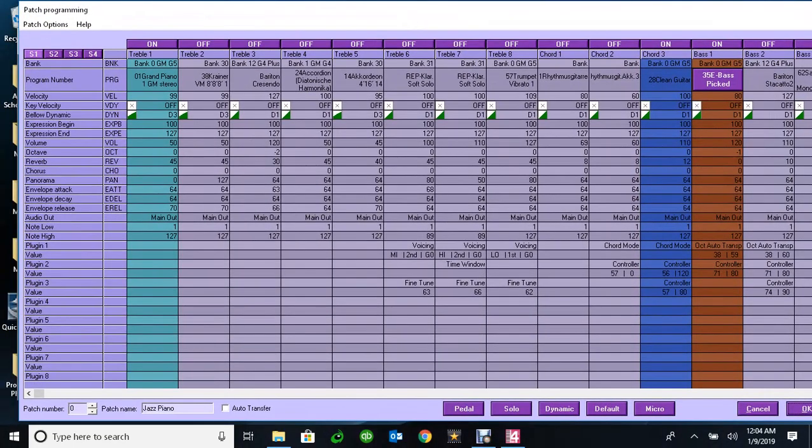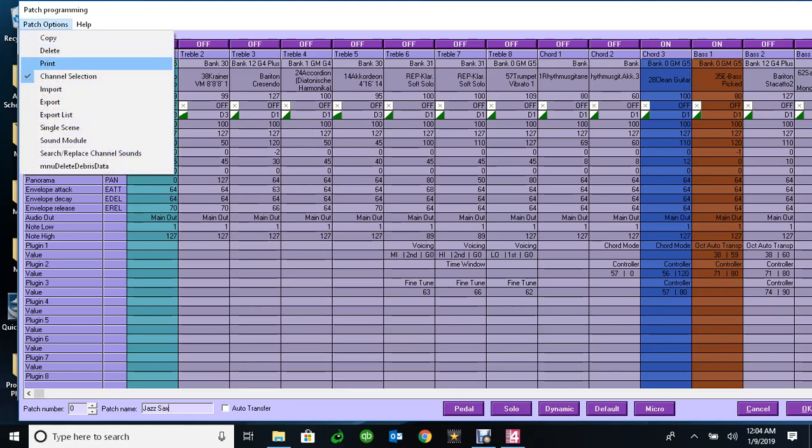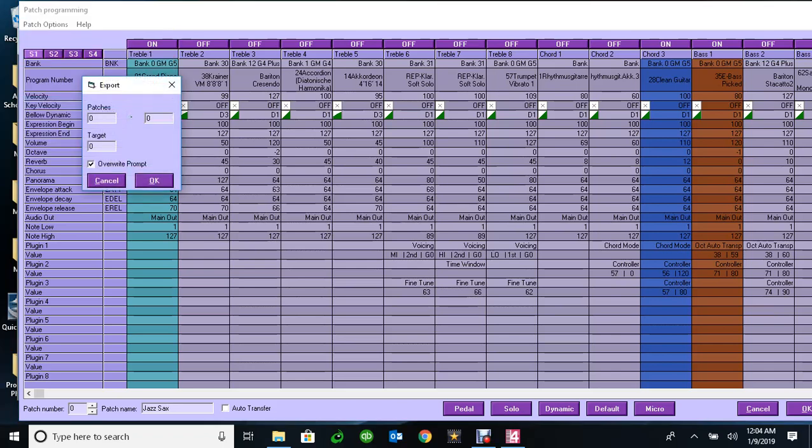So let's say we wanted to call it jazz saxophone, jazz sax. We'll hit patch options and export. And we already know that patch 0 within that folder exists. Now, just because this says patch 0 doesn't mean that's where we're writing it to. So within that folder, patch 0 already existed, but patch 1 doesn't. So we'll put our target as patch 1